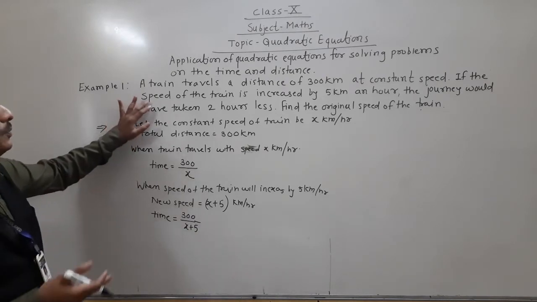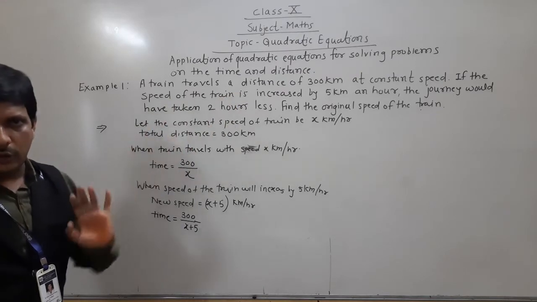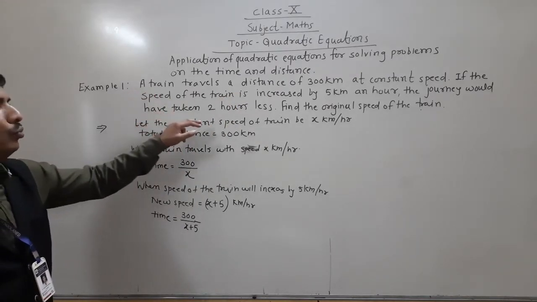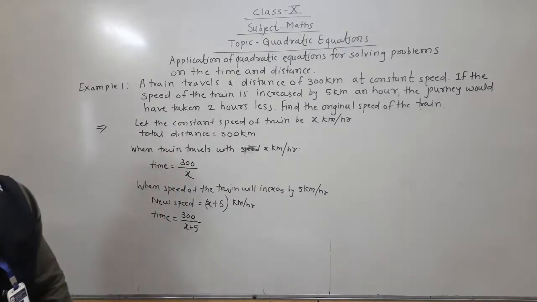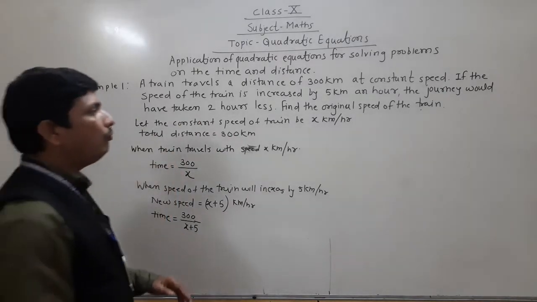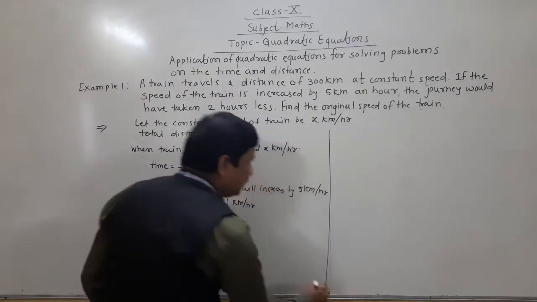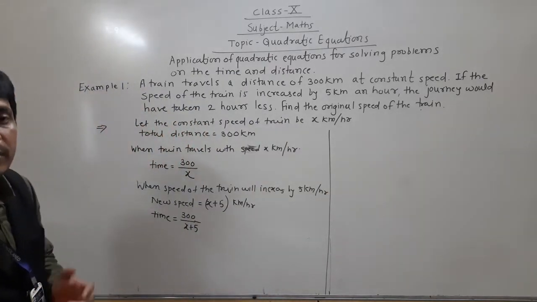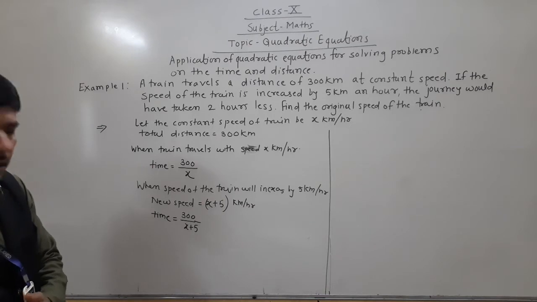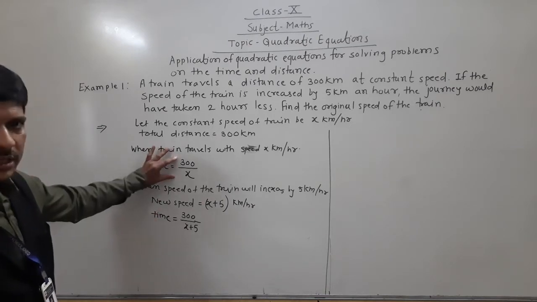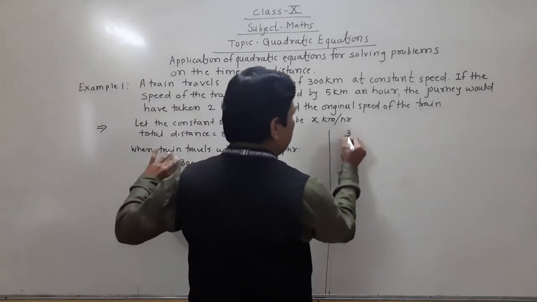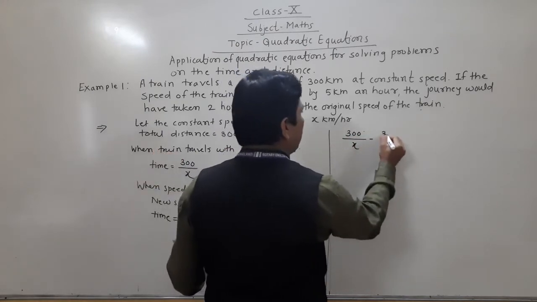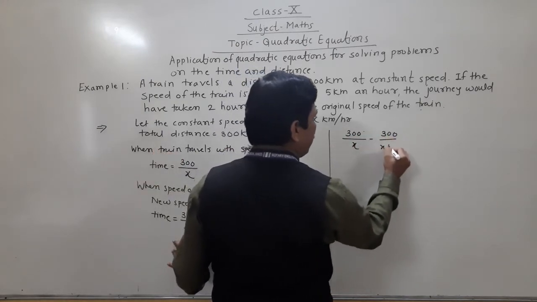If the speed of the train is increased by 5 km an hour, the journey would have taken 2 hours less. Understood? So now we need to write it in the form of an equation. The journey will take 2 hours less when the speed increases. So this is the original time, 300 upon x, minus 300 upon x plus 5,